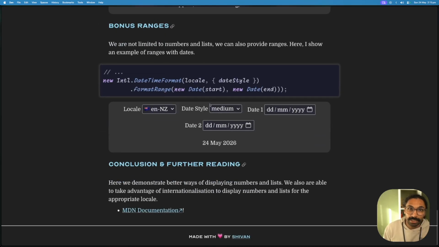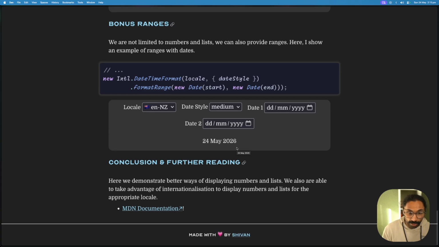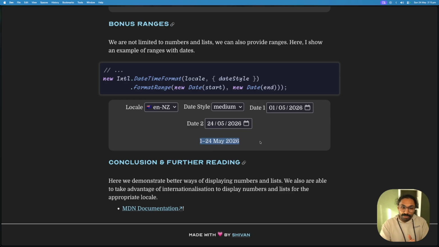And finally, the bonus. So thanks for getting this far into the video. You can do date ranges, which I think is really cool. So here I've got an example of 2 dates, and it's actually the same date, so I'll provide a different date here. I'll change this to 24. So you can also see here it does the range. And the thing that's really cool is if the month and the year are the same, it won't give you